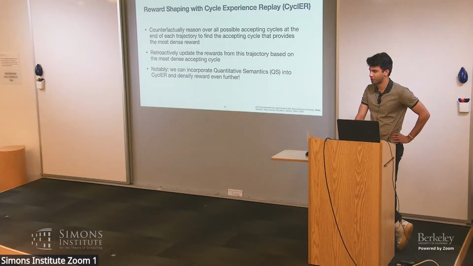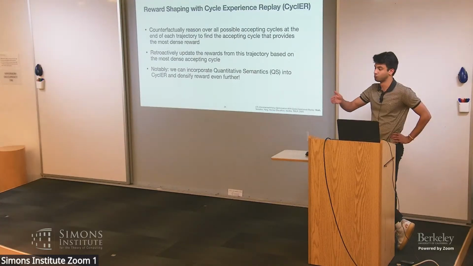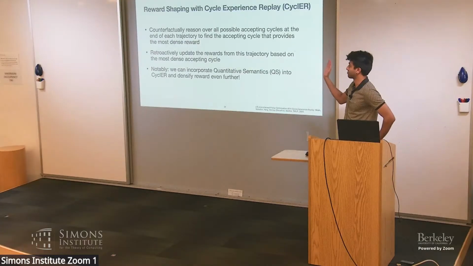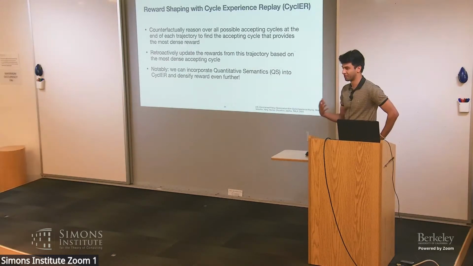So we didn't do a theoretical deep dive on it, but there is a relationship. There are certain rules that you have with potential function-based reward shaping. The cycler-based reward shaping does abide by those rules. So you can see it as a way that will still get you the same theoretical guarantees that potential-based reward shaping gets you, because it does follow the right rules. We didn't go any further than that, but there's one relationship there.